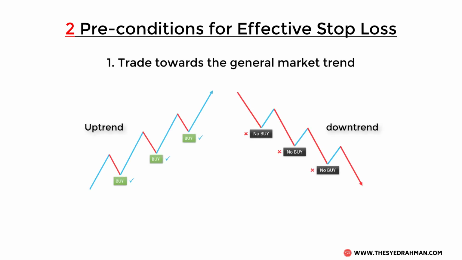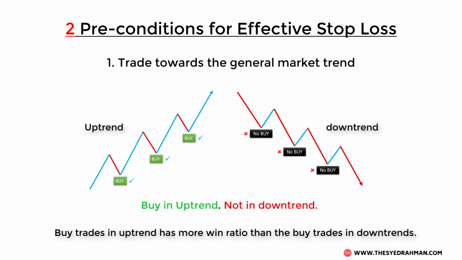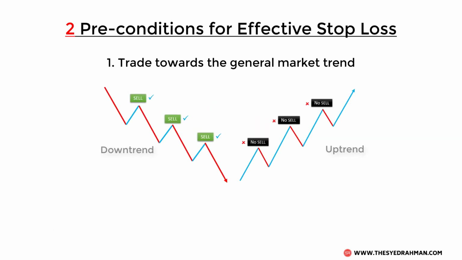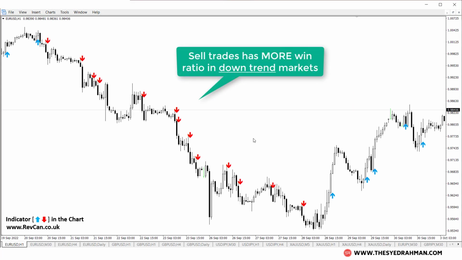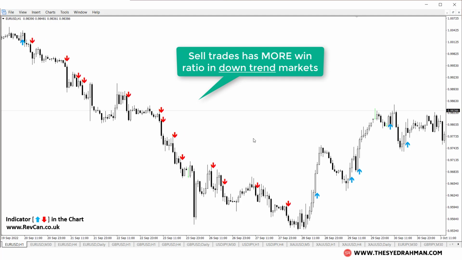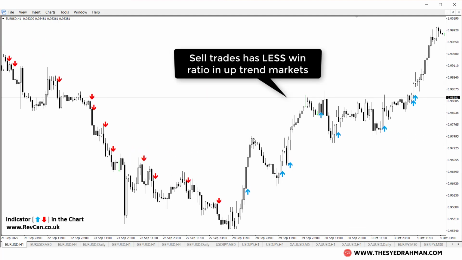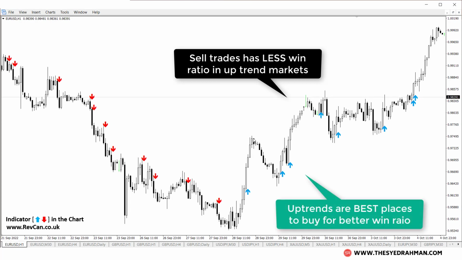First of all, make sure your trade is aligned with the general trend of the market. That means when you open a buy trade, do it when the market is trending up and not trending down. In the same way, consider opening sell or short trade entries when the market is in downtrend momentum. Remember that sell trade entries see a more successful win rate when the market is trending down, and the worst win rate on selling is when the market is trending up. In the same way, uptrend markets are the best places to make buy trade entries, as buying win ratios are high in an uptrend market,